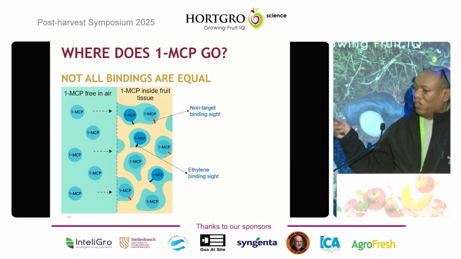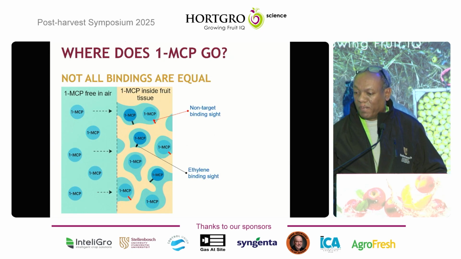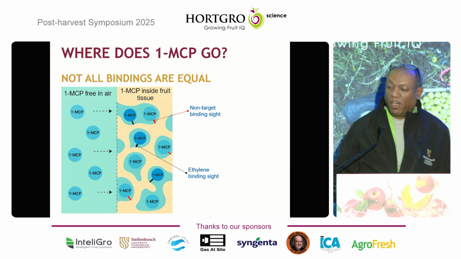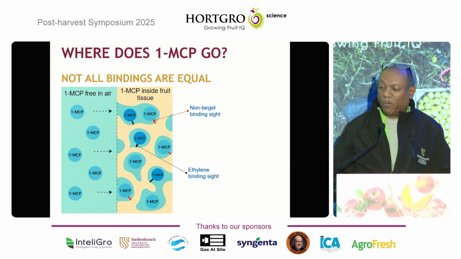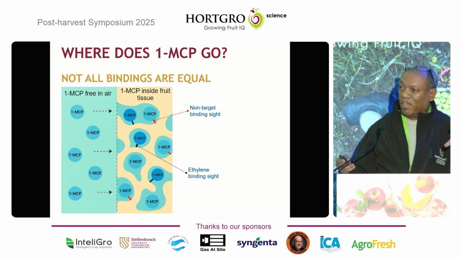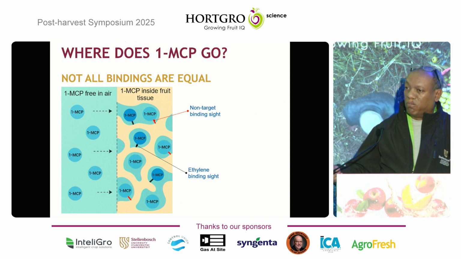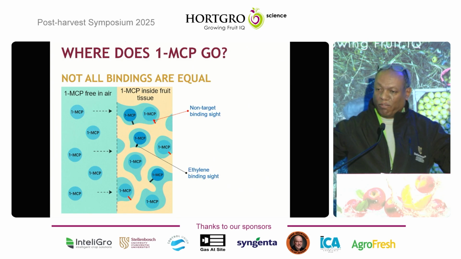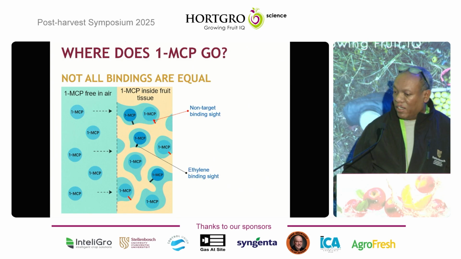What I would like you to have a look at is this map, to where the 1-MCP that we put in the cold store will arrive. And so you know how 1-MCP is applied. We put a powder in, say, a bucket of water, and the 1-MCP from the powder is released to the air, and the